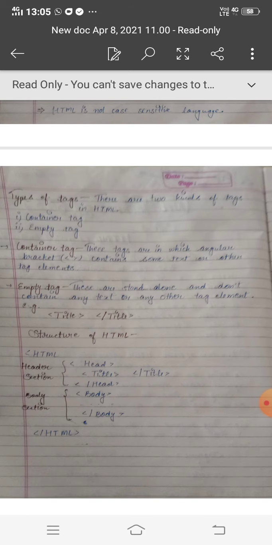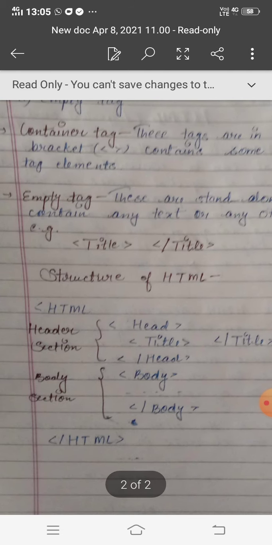Now comes structure. This is the way in which we will design a web page. For this we will start with the HTML tag, Hypertext Markup Language. We will write HTML in angular brackets, and at the last when we finish it we will write /HTML in angular brackets.